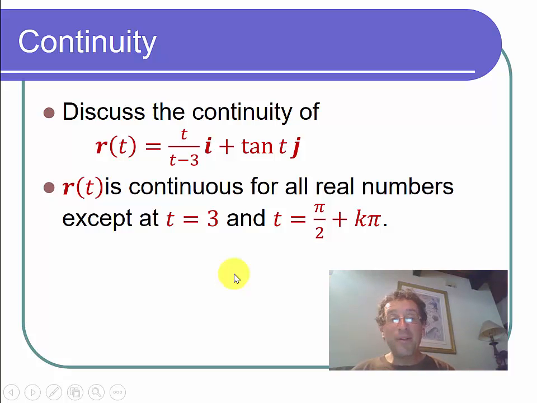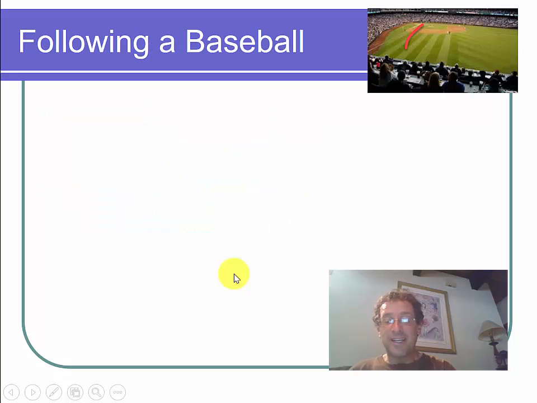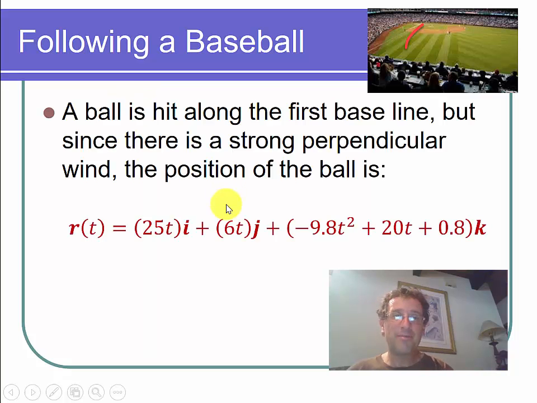Okay, now let's look at an example of using vector valued functions. And it's one of my favorites. It's following a baseball. How could you not like following a baseball? So here's the question. Ball is hit along the first base line. But since there is a strong perpendicular wind that's in the direction of the third base line, the position of the ball is r of t equals 25t i plus 6t j plus negative 9.8t squared plus 20t plus 0.8